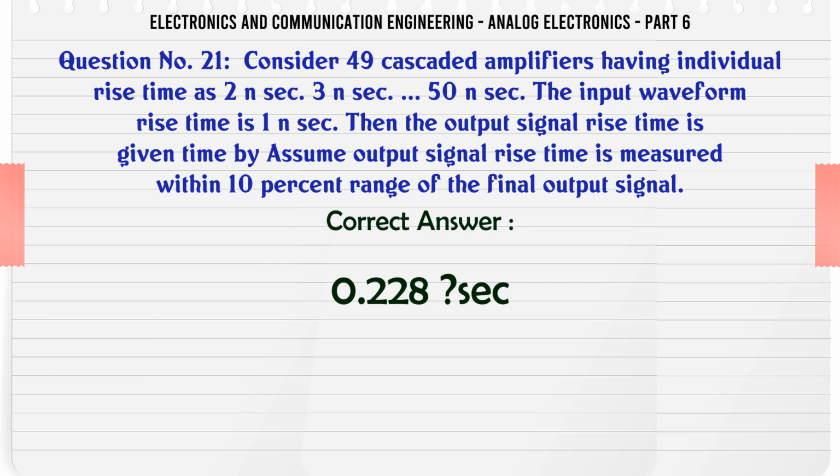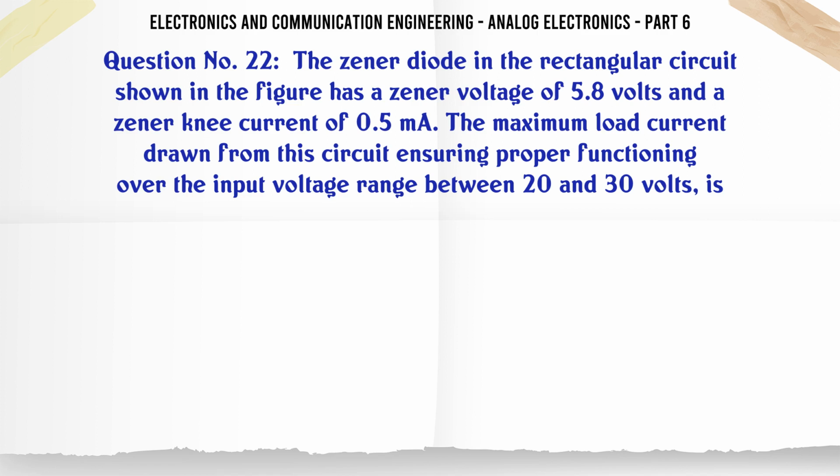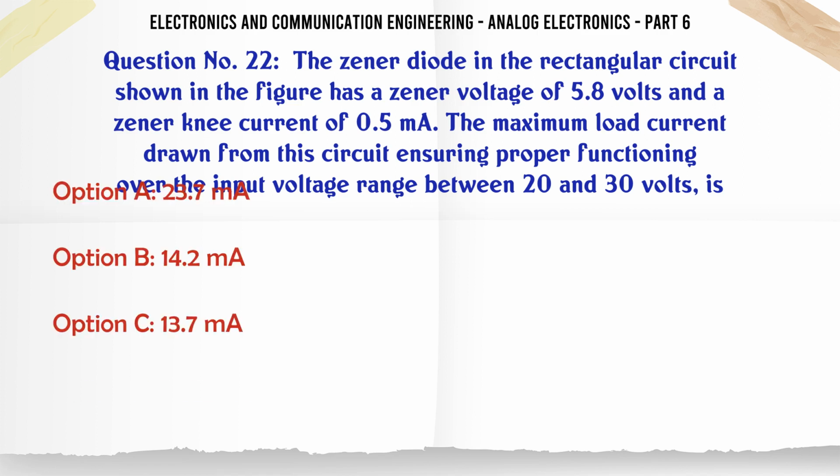The correct answer is 0.228 ns. The zener diode in the rectifier circuit shown in the figure has a zener voltage of 5.8 volts